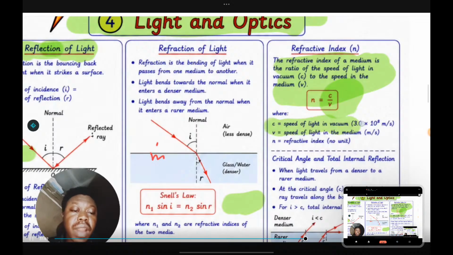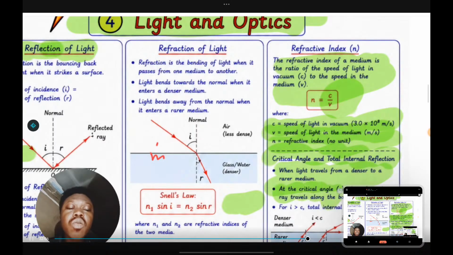I have the speed of light, which is constant, and then I have the speed of light in the second medium, and then I have the refractive index. Then we also have what we call critical angle and total internal reflection. When light travels from a denser to a rarer medium at the critical angle C,